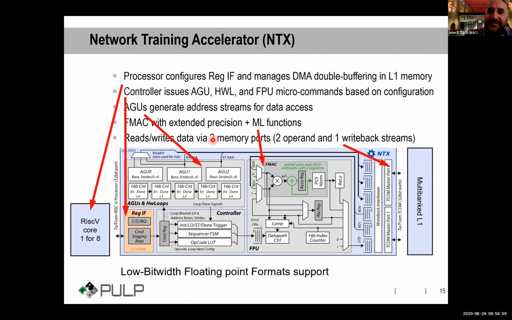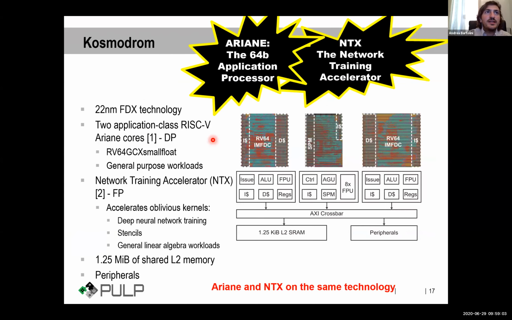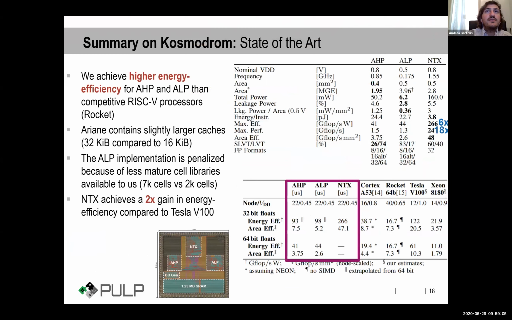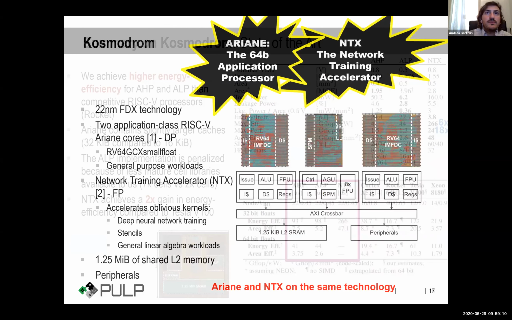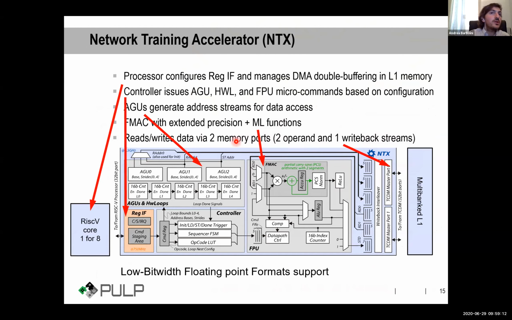Andrea, we cannot hear you for some reason. Sorry, I was muted. So the Snitch can execute at 1.55 gigahertz frequency, and you have 2 memory ports. So the bandwidths can be computed from these numbers, and there is a paper on that, on Cosmodrome, which has more details. Great, thank you very much.